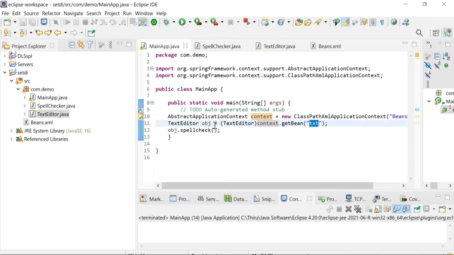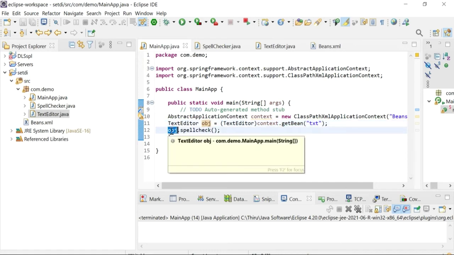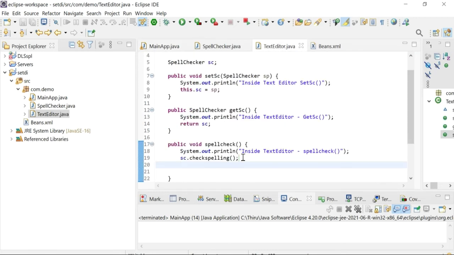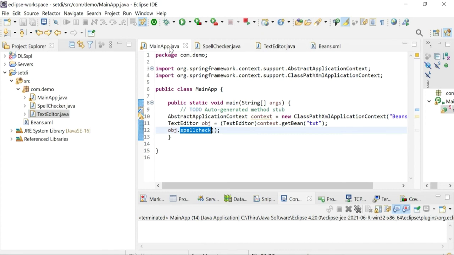And then the text editor object obj is created, and using this text editor object obj, we call the method spellcheck, which exists in the text editor class. You can see in the text editor there is a method called spellcheck. We call this method using obj dot spellcheck.